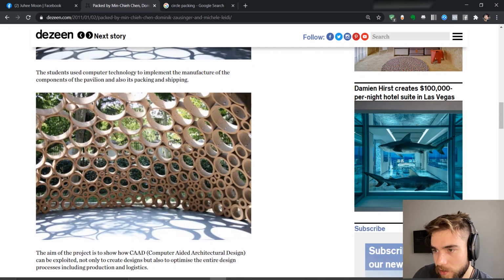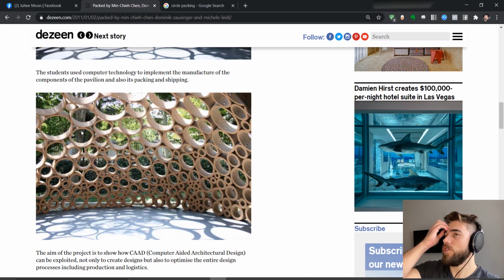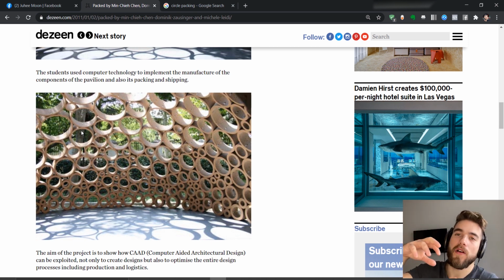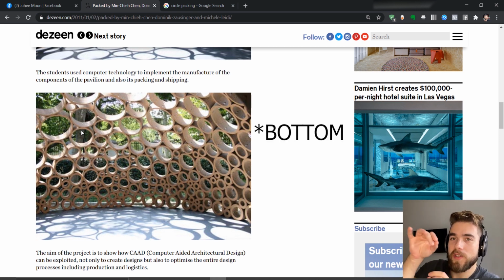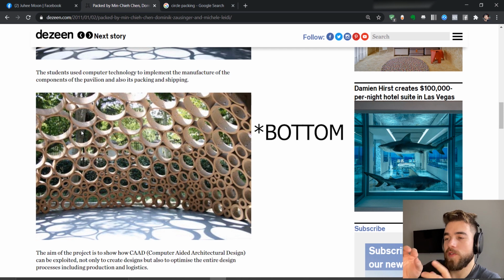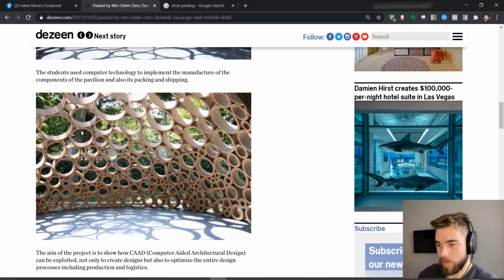Let's see more of the pictures. You can see this is not some kind of uniform pattern here. There are multiple different sizes. The smaller ones go to the bottom, the bigger ones go to the top, pretty much as what you can imagine happens if you have a jar of stones. The small stones would go through all those spaces created by the bigger stones. So this is what's happening here, and they touch,